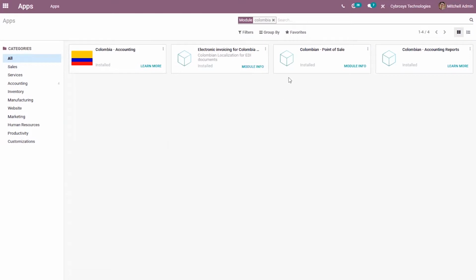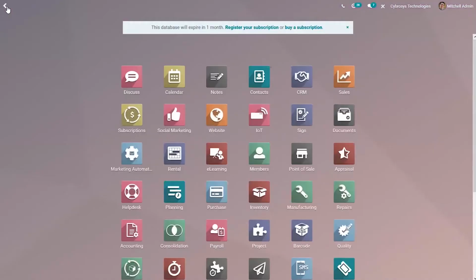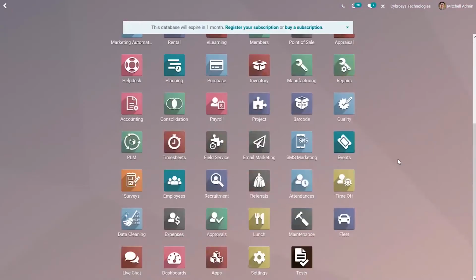So these modules are already installed in my database. They will be automatically installed if you set the country as Colombia when you are creating the database. Okay, so after installing these modules, you can create a company and set details. So when you go to settings,